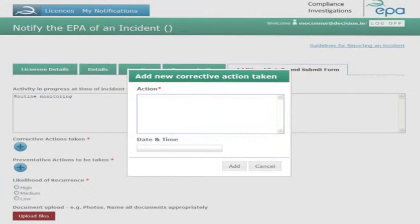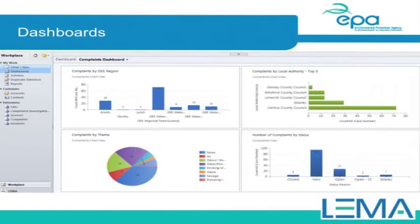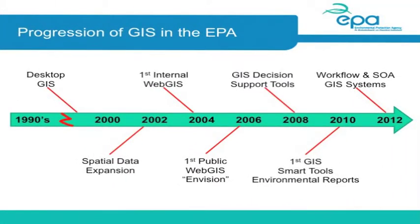And then, I suppose, once you get more and more electronic information and records into your system, you can begin to build up these profiles and pictures. And this is helping the OEE people to focus in on areas. What are the big problems that are arising in urban wastewater treatment plants? When we go out on inspections, what are the issues we need to focus in on that are going to drive compliance? Okay, to talk a bit about GIS in that context, and I won't stay too long on this,